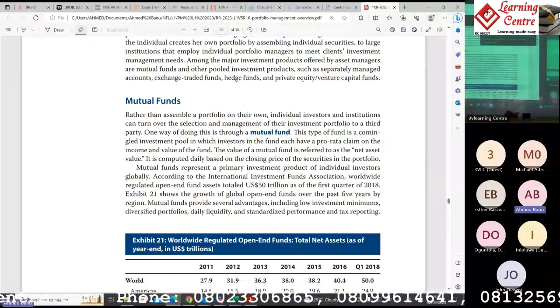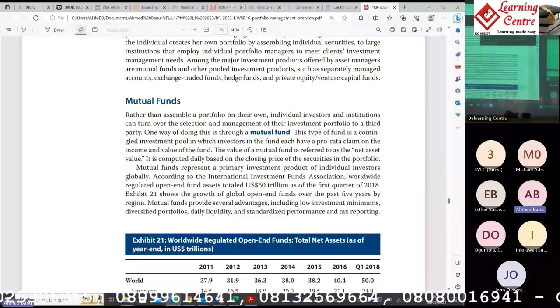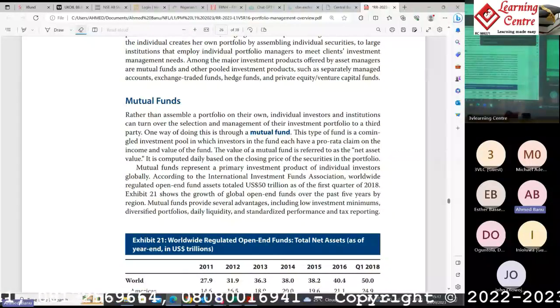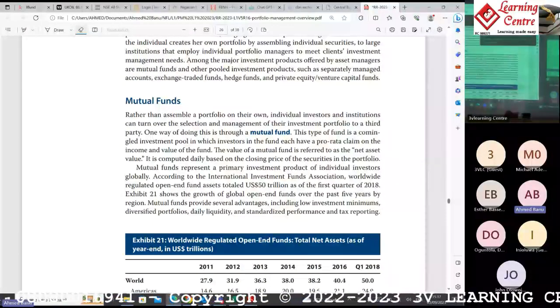Mutual funds have grown over the years, and are the most predominant investment product that asset management or investment management firms offer. This type of fund is a commingled investment pool in which investors in the fund each have